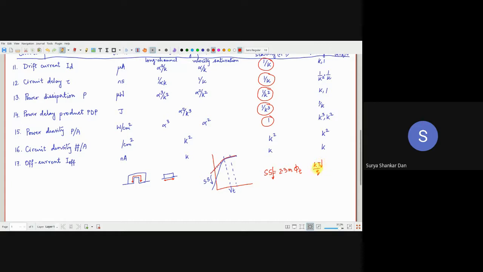But you cannot always ensure that, because if your device starts working much faster, or if you are giving a lot of calculation to work on, then this kT by q will increase. You don't have much control over phi t. So that's the whole story. But you do have control over small m. So small m is equal to how much? 1 plus C depletion by Cox, right? You can of course try to reduce the C depletion as much as possible.